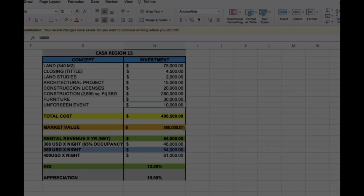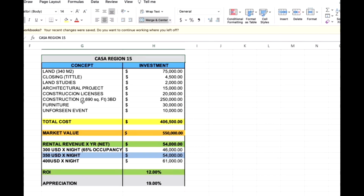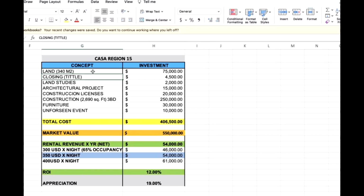So let's get started. Okay, so we're going to use this Excel as an example of us building a 4-unit development. We're going to need to buy the land. This is an example of a house. By the way, this was a house, but we're going to use the same principles. The land was 340 square meters, which you would need the same to do 4 units. You could actually even do 6, which is what I would suggest, but we'll get into that. So the cost is going to be similar, 75,000. Closing cost,